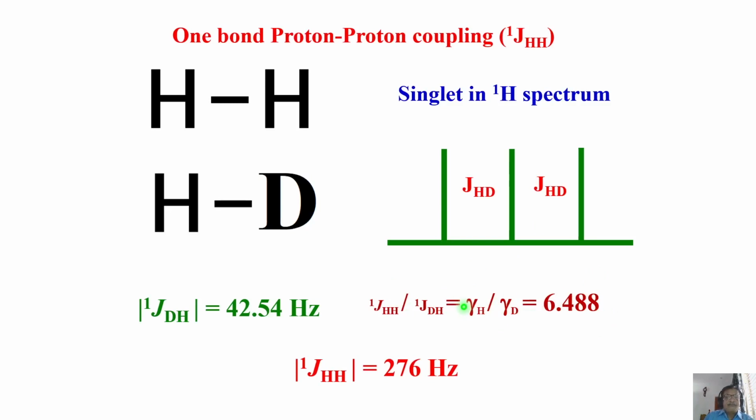So according to this formula, if I know the ratio of JHH to that of JHD, this is equal to gamma H over gamma HD. So what do I know here? I don't know JHH. I want to find JHH. I know this JHD, I measured from the spectrum. I know gamma of proton. I know gamma of deuterium, which is this many times smaller than gamma of proton. Simply plug in the values for gamma, plug in the value of measured JHD, and what you are going to get is JHH. Very easy, right? In an equivalent spin system, you can do that.